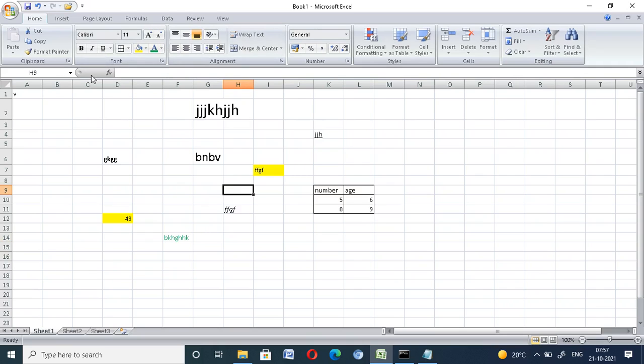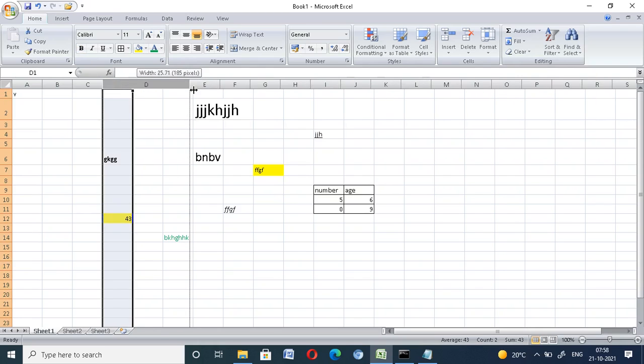Now there will be alignments. If you want the text on the upper side, choose top align; this is middle align, and this is bottom align. If the box is small, you can increase its size in this way.